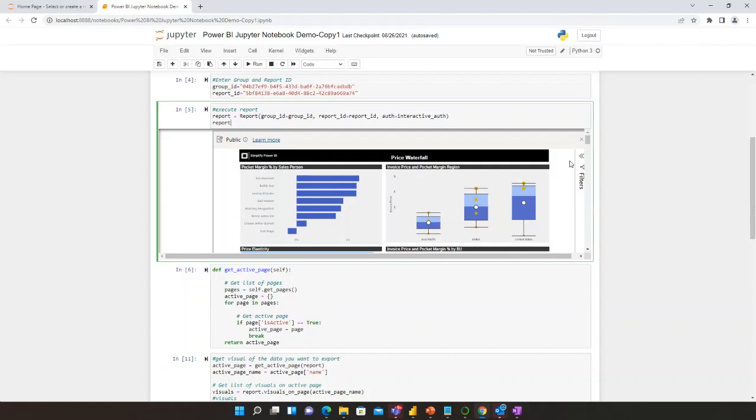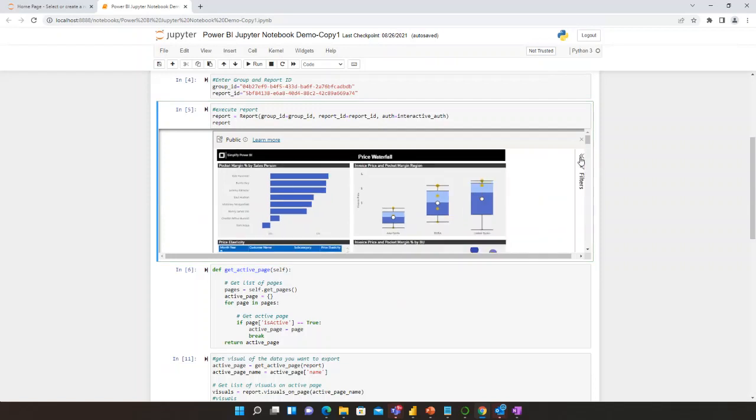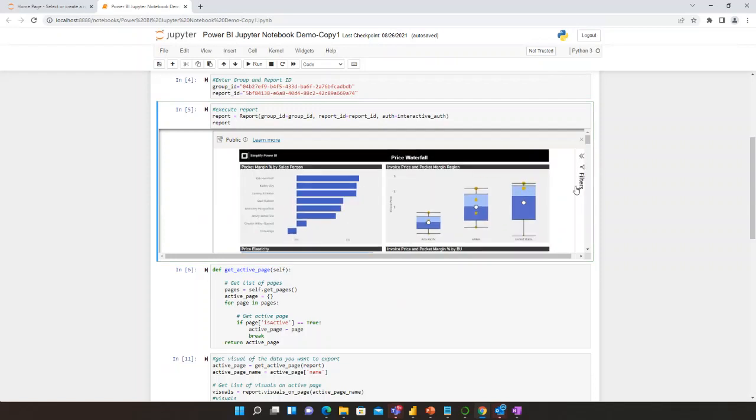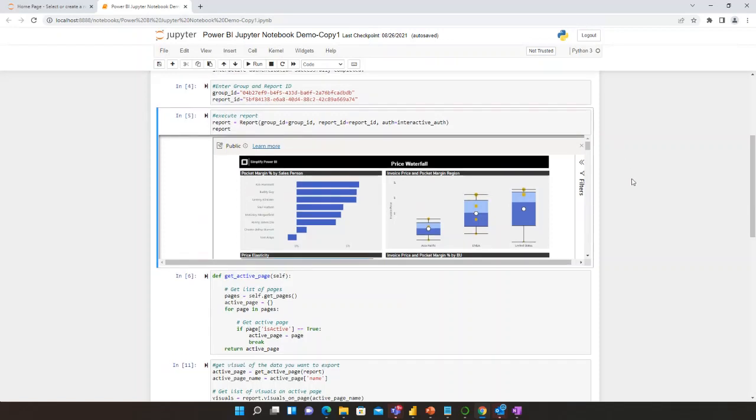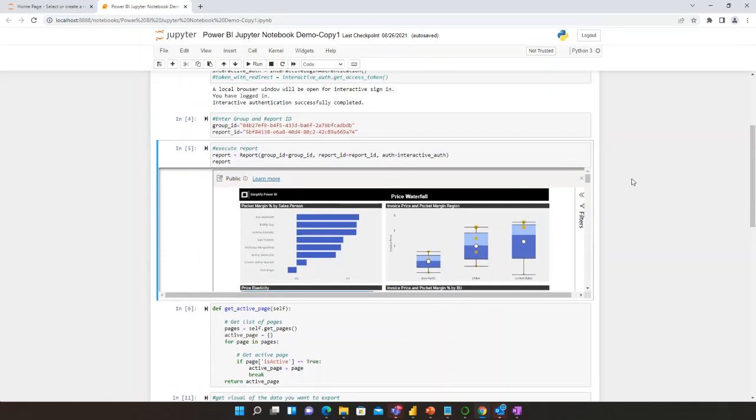So embedding Power BI reports into Jupyter Notebooks, I thought it was pretty cool. If you had any filters in the filter pane, those all get carried over. If I had slicers here, I can see those as well. But another cool thing we can do here, not just embedding stuff, right? This is a pretty neat feature that was brand new. So instead of me maybe going into Matplotlib or some other library and doing this myself,